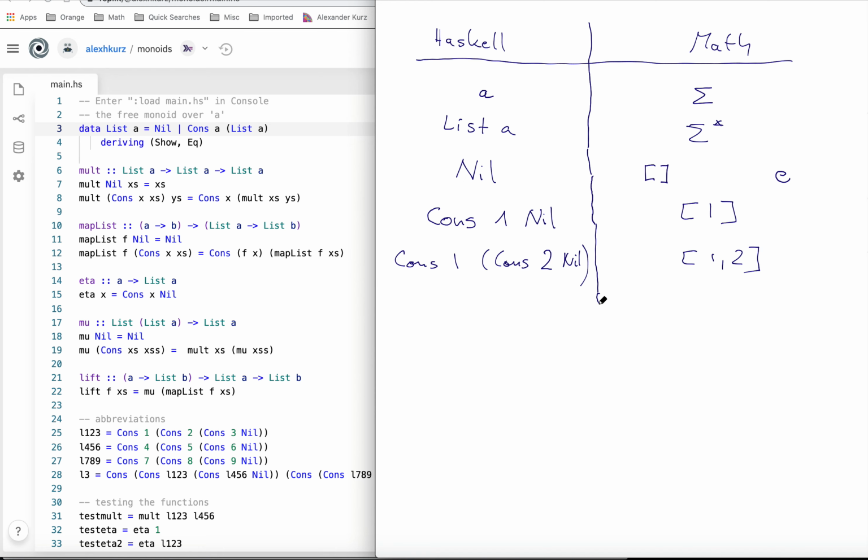Actually, if you use Haskell predefined lists instead of implementing your own lists, then Haskell would know the mathematical notation and everything would look much nicer. But the advantage of doing it ourselves is that we are in full control and can understand everything from first principles. Okay, so then